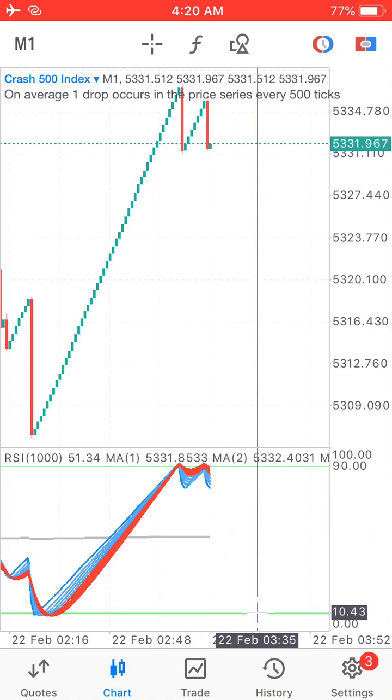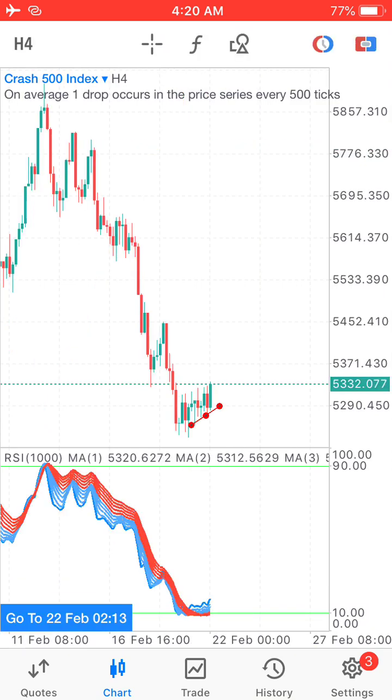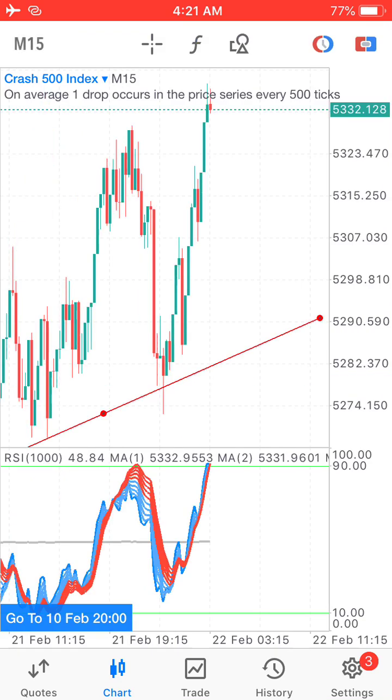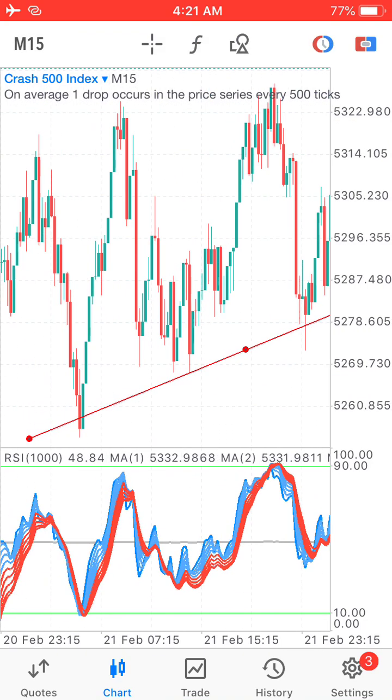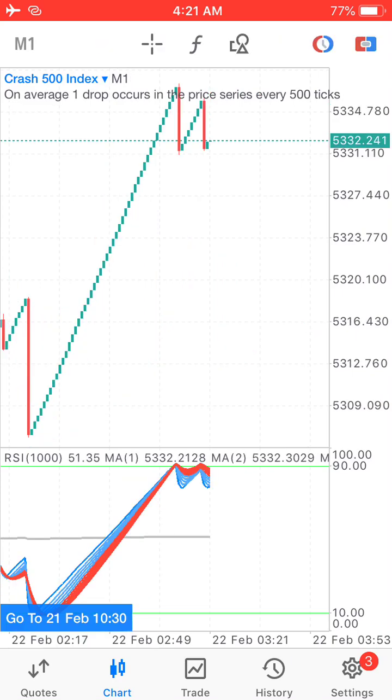So now, having explained this, you should be able to understand how to get into this market and how to use these indicator settings. First, I said you go to the higher time frame to determine where the market is going to. But here on the 4 hours, we've seen it is a downtrend. But also, we shouldn't ignore the 15 minutes and the 30 minutes showing us an uptrend. We shouldn't ignore that. So that's where our indicator settings comes in,